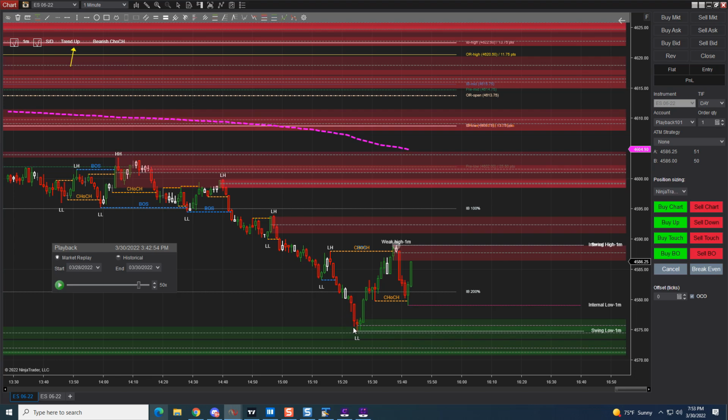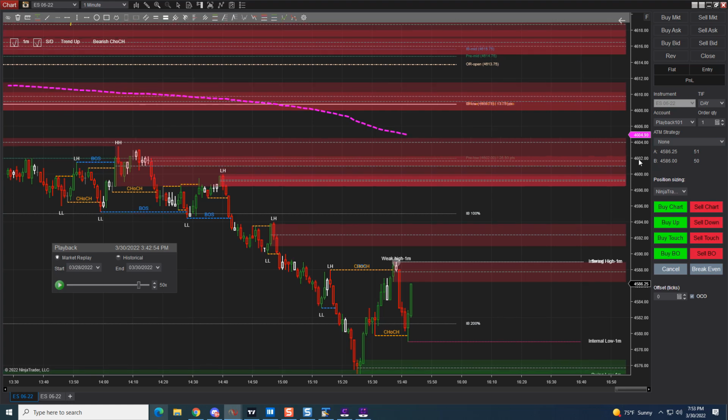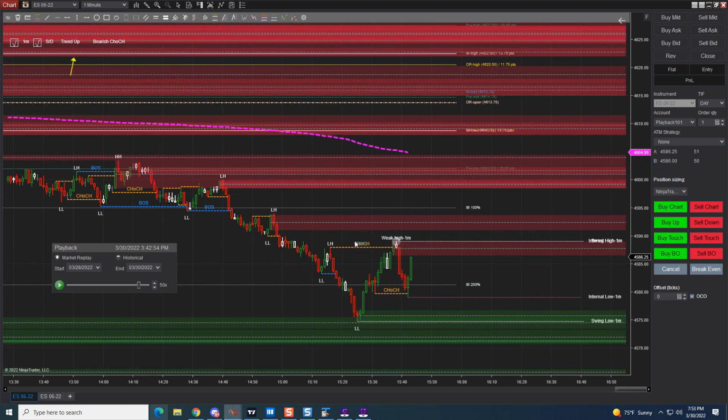This was the week low. There's a break of, you can't even see it. Oh, you can't see it, but it's behind the change of character. You can kind of see the blue in there because this is the low. Here's the last break of structure. This is the low that caused a new high. This is the low that gave me the low here that caused this to be the week low with the break here. Now this is a low and this is the week high because at this moment in time,